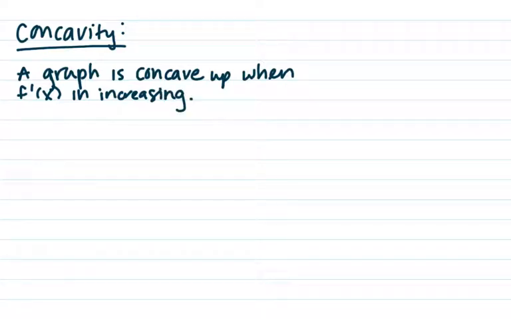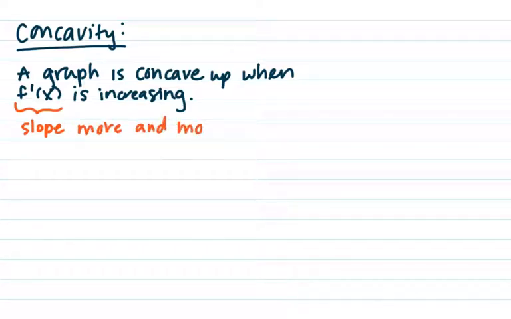Okay, so let's think about what that means. In this context, f prime of x we often think of as the slope of the function. And so if the slope is increasing, that means it's becoming more and more positive. So what does this look like